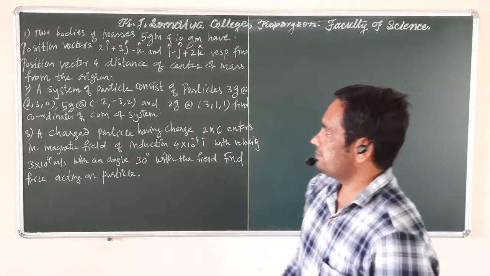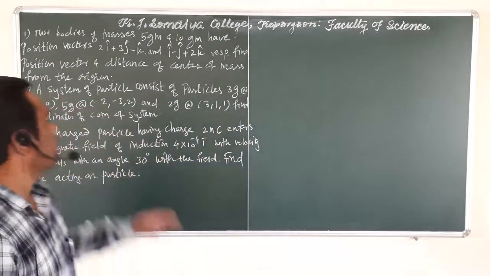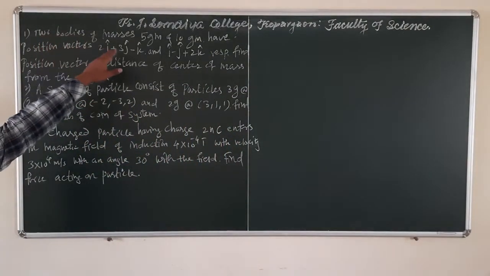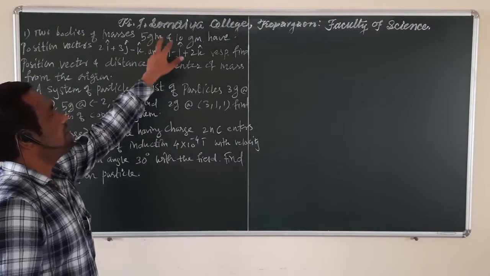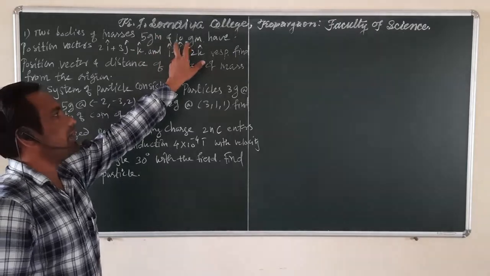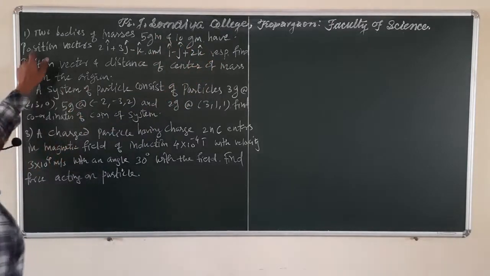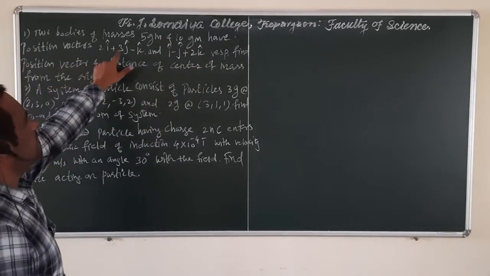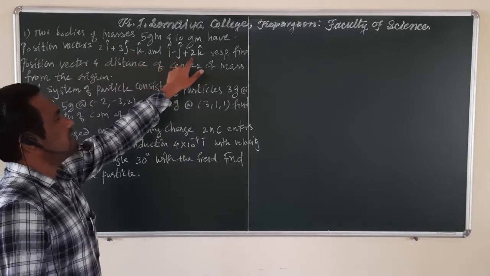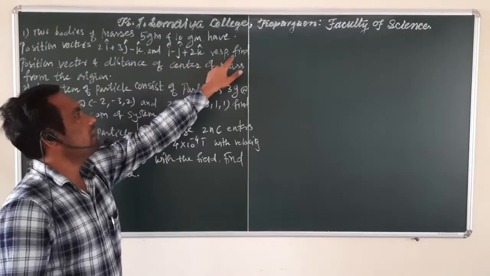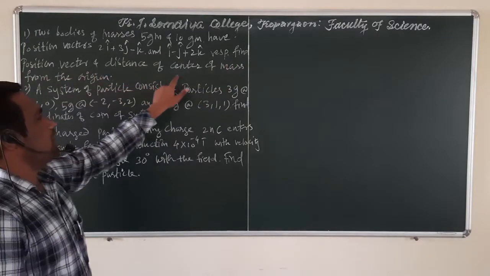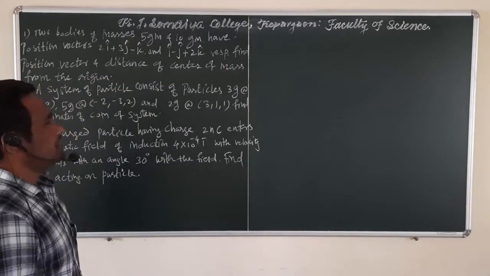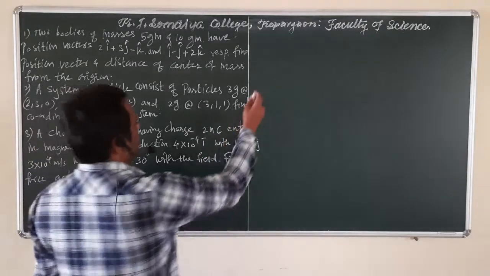First problem is that two bodies of masses m1, which is 5 gram, and the next one is 10 gram, have position vectors 2i + 3j - k, and i - j + 2k respectively. We have to find out the position vector and distance of center of mass from the origin. Okay, so in the first problem,